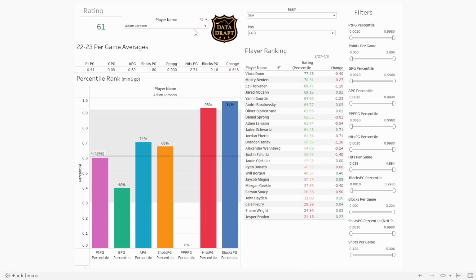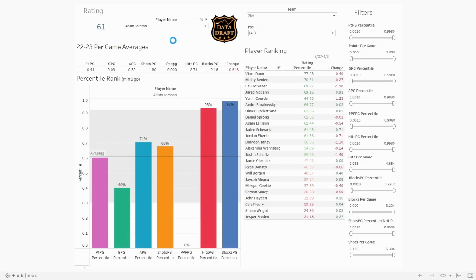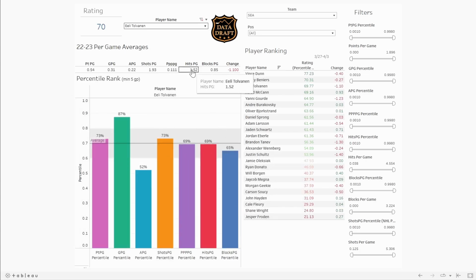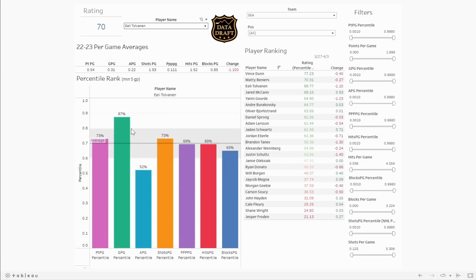Eli Tolvanen, he's got 5 goals in his past, I can't remember how many games, 6 or 7 games. Very goal heavy, no assists in that span, but he's still doing it, still productive. Tolvanen, obviously coming over from Nashville, he's been having a massive impact, 87th percentile in goals per game, and relatively complete across everything. A hit and a half per game is really good as well if you're in a bangers league, and almost 2 shots per game. I'd like to see that a little bit higher for a natural goal scorer like him. But nonetheless, he's been really productive especially for a guy who's not necessarily been given a top 6 role at